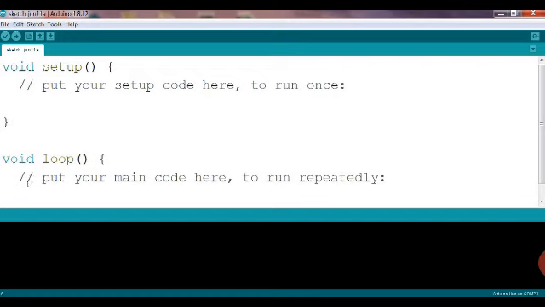The meaning of loop is something which repeats itself. So under void loop we basically write down the programming. The main program is written here, and whatever is written here will repeat itself. So once we write the program under the void loop, the things will repeat themselves. We need not give the command again and again. Okay, so that is how this Arduino software looks, and we will see how to do the programming.